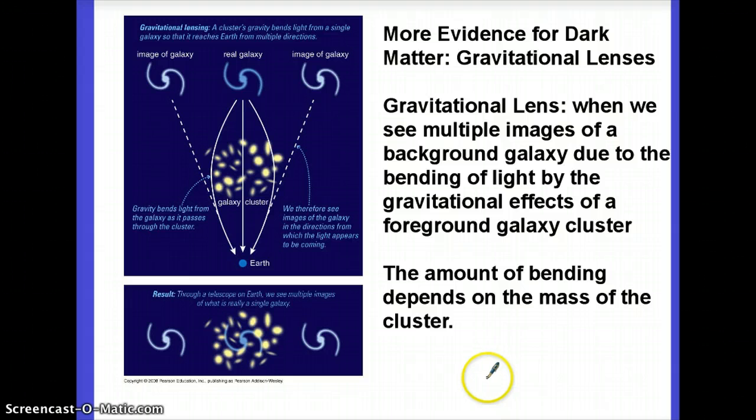But Einstein says that mass bends light. It bends space-time, and that means that light bends as well. And a galaxy cluster has a ridiculously huge amount of mass. So it bends the light around it a lot. And the light coming from this galaxy bends around the cluster like this. But our eyes don't believe that light gets bent. Our eyes think that light comes in straight lines. So if we see a light ray coming in like this, we think it came in a straight line from